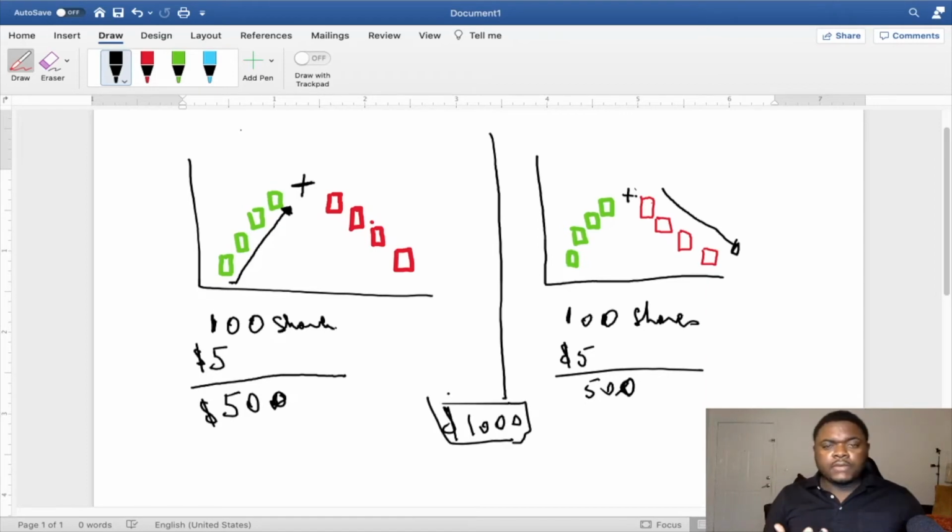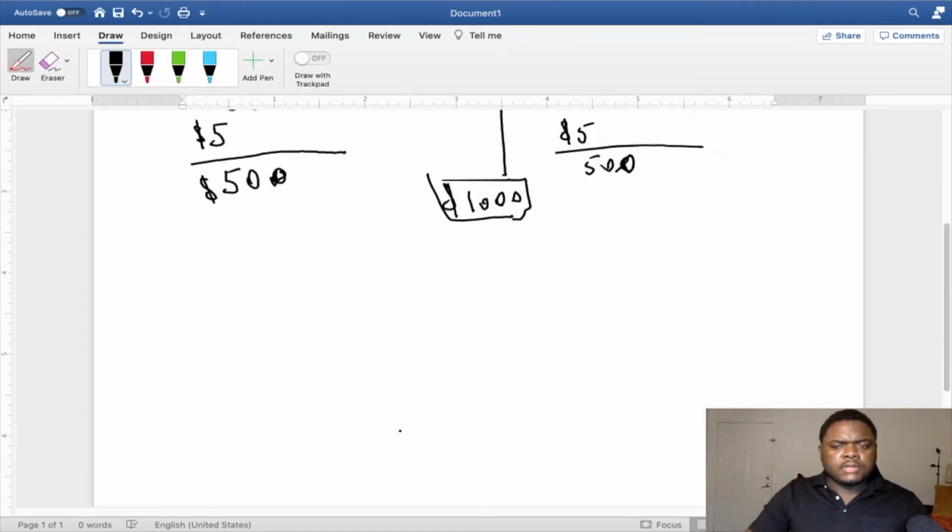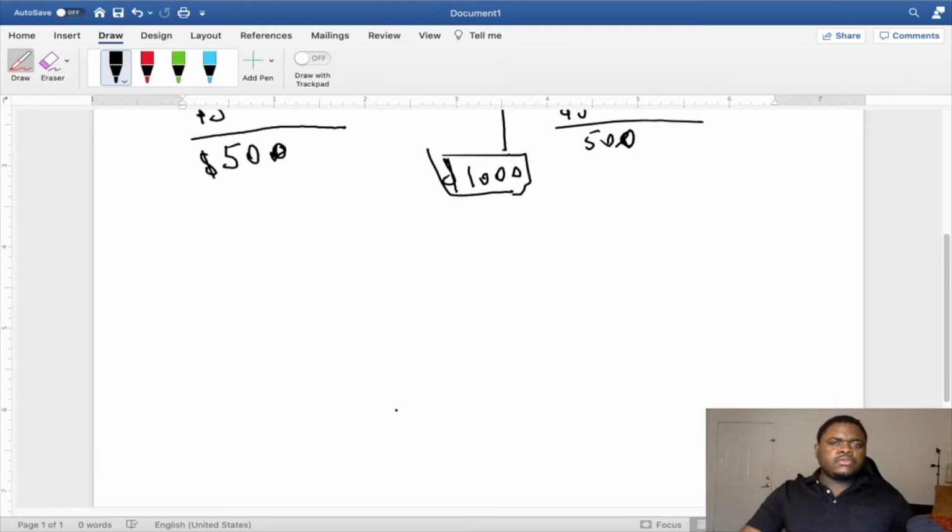So shorting a stock, when used properly and effectively, gives you the opportunity to double your profit or to increase your profit margin. But there are also risks associated with it, and this is why you should always be careful when you are shorting a stock. The next question might be, where exactly would you be getting that stock? Usually,